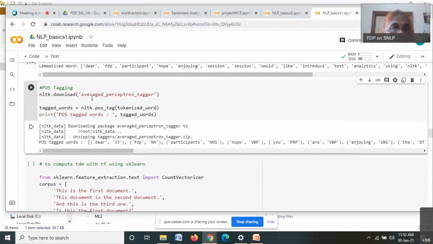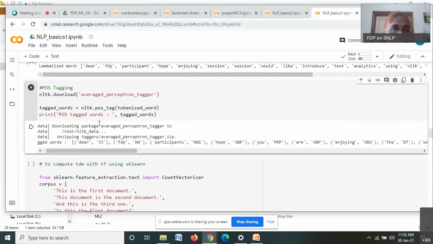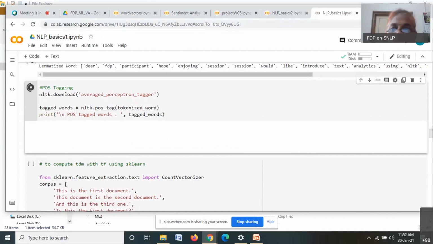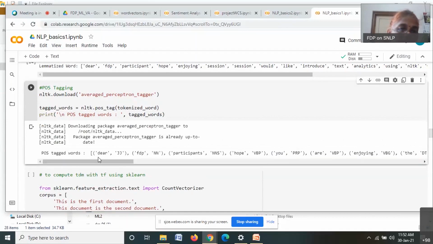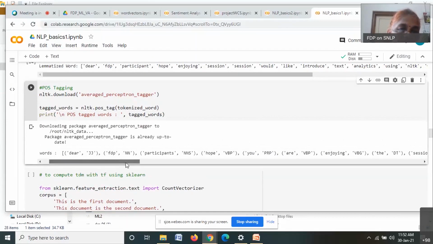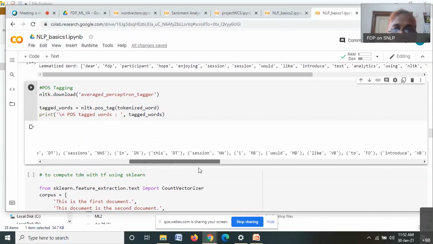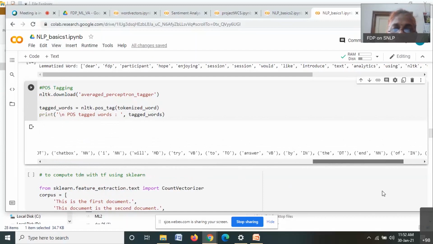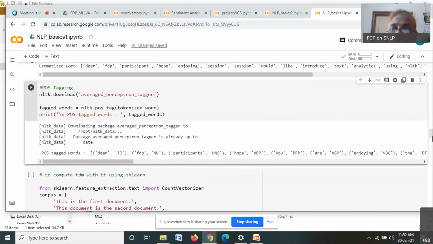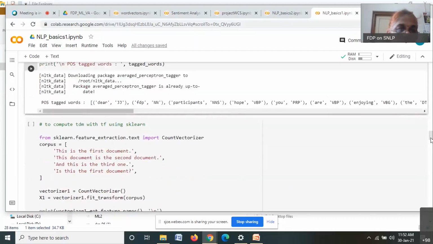I'm downloading this averaged perceptron tagger, and you can see the POS tagged words: dear, JJ, FDP, NN. NN is for noun, participants, NNS, verb phrase, you, preposition. So many tags are there. You can just play with this, to see what all tags are there.